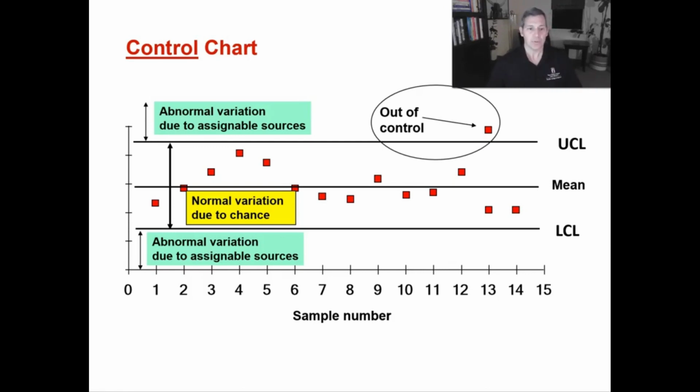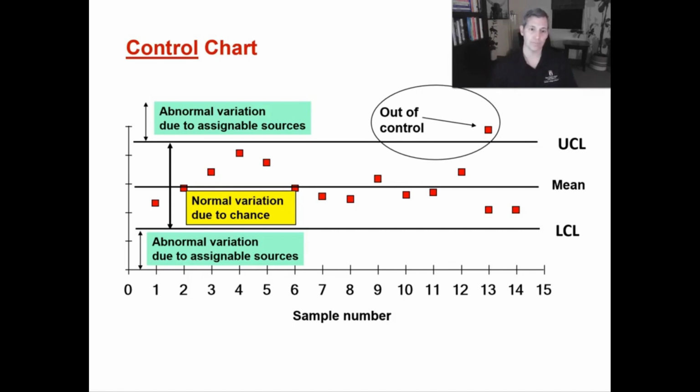So let's think of an example and why it's okay to not always be exactly at that mean. Think about a bag of potato chips. They say the bag of potato chips is going to weigh about a certain amount. It's extremely hard for that manufacturer to be perfect every time with the weight of the contents in that bag of chips. Some normal variation is acceptable to them as long as it falls within the upper control limit and